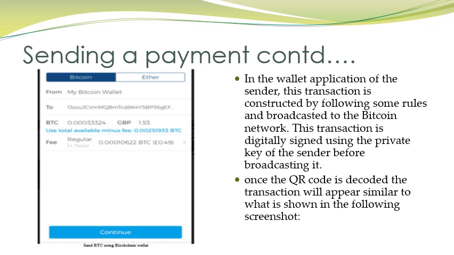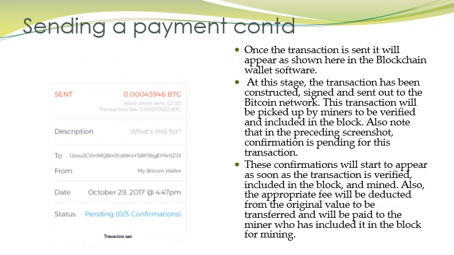So whenever this transaction is broadcasted on the Bitcoin network, the miners will verify the transactions. Once the transaction is sent, it will appear as shown here in the blockchain. It will appear with the receiver's address, and the identity of the person who has initiated it is hidden, but there is an address